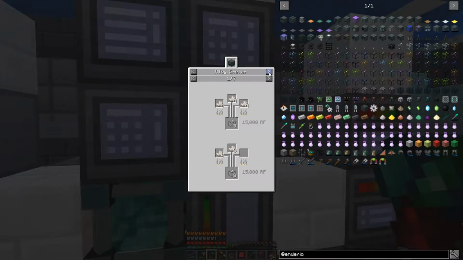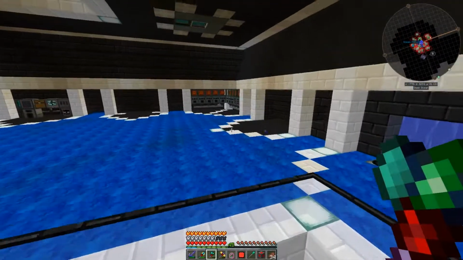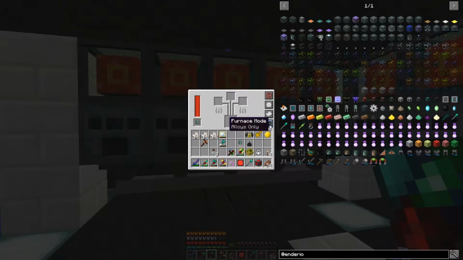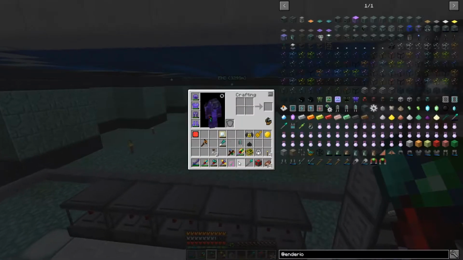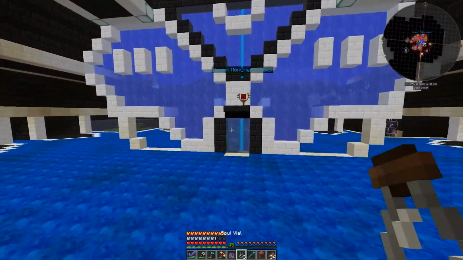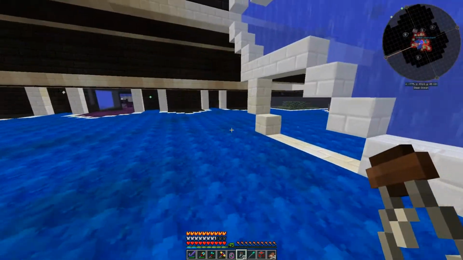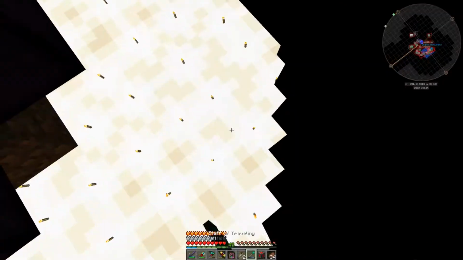How do you make this? Oh, it's quartz. I didn't do this one yet. So let's go here. This is alloy. Perfect, it's gonna do what we want. And what we're gonna do is simply go outside. Grab one. Then we're gonna go in the hole